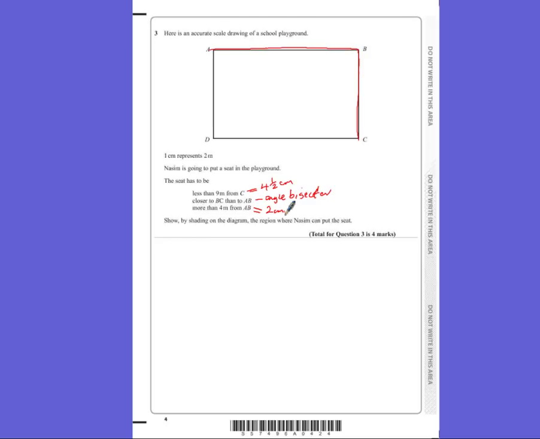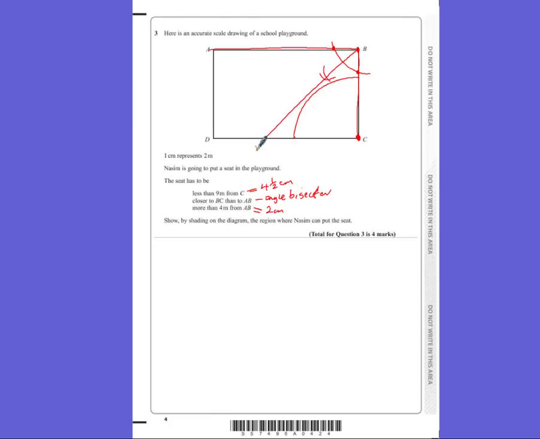So I'll start off with the first one. To be 4.5 centimetres from C, you put your compass at C, go out to 4.5 centimetres, which is difficult to show you on here, but it's about there, and you draw your line up using your compass. It says to be closer to BC than AB, so we need to do an angle bisector. So you put your compass here, you do your curve here, and then put your compass here, you draw a curve there, put your compass here, you draw a curve there, and that will give you your angle bisector,